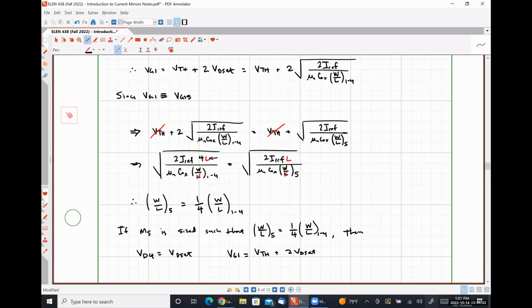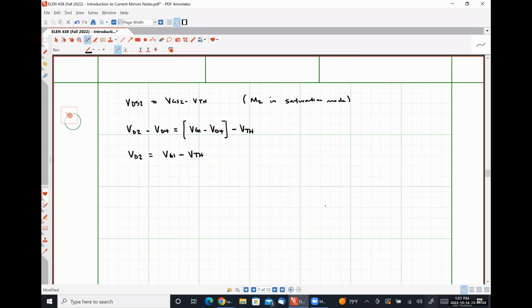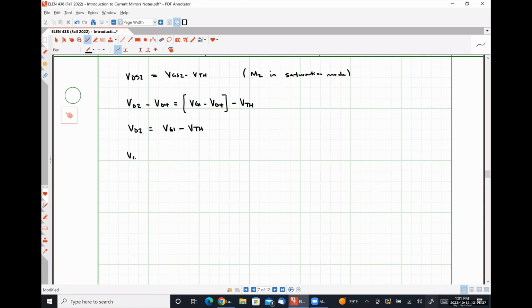Well, VG1 is VTH plus 2 VD sat, minus VTH comes out to be just twice VD sat. So this is our minimum value